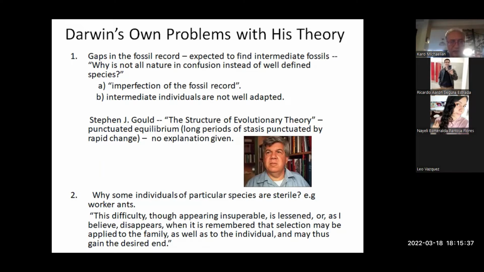So what he was saying here is that maybe we have selection also operating on higher levels. So not only on the individuals, but also on the species level or the family level or the clade or the ecosystem level. But that brings a lot of problems into the Darwinian theory, which I'll mention in later slides.